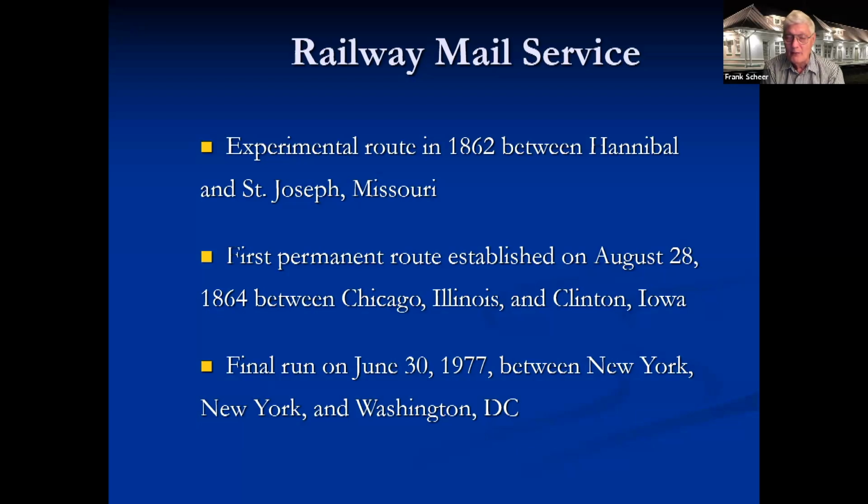The whole purpose of it was to separate the mail that was going on the Butterfield Overland stage. By that time, the Pony Express was history. But they separated out the mail that was going westbound on the stage towards California and other points west. It was an experimental route, lasted about 8 months. A lot of people like to say, oh, well, that must have been the beginning of the railway mail service. It's certainly part of railway mail service history, but it wasn't until